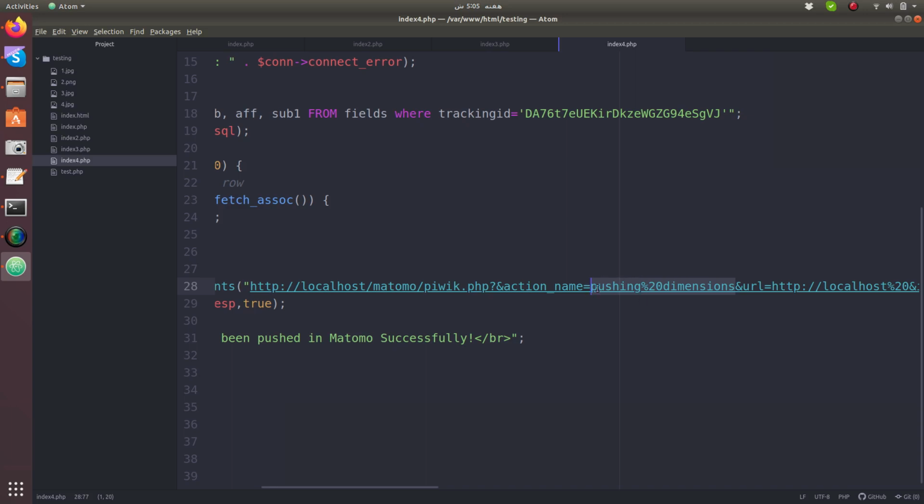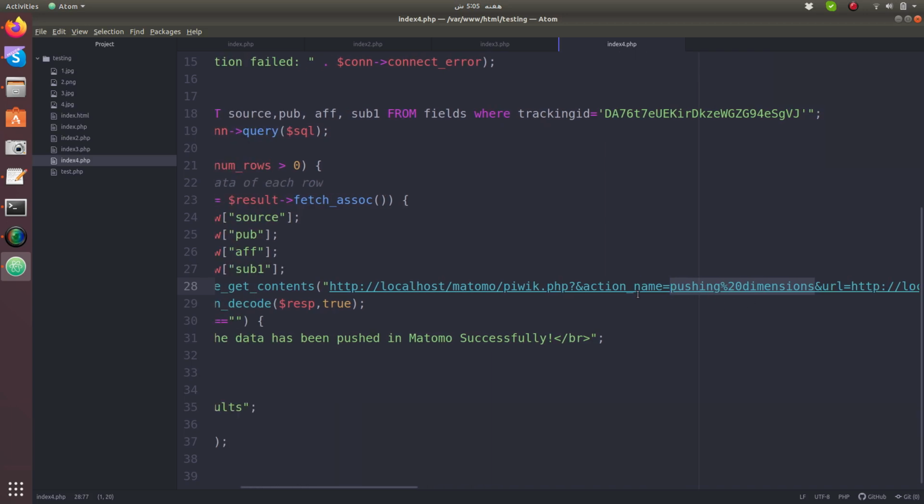This is my request name or my action name. The percentage 20 D is for space. Basically I have encoded it in the URL. URL encoding, I hope you know about that.